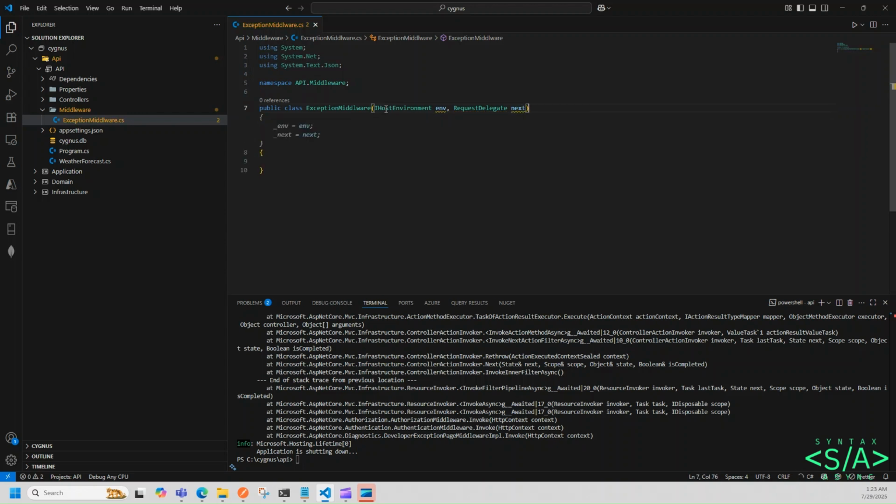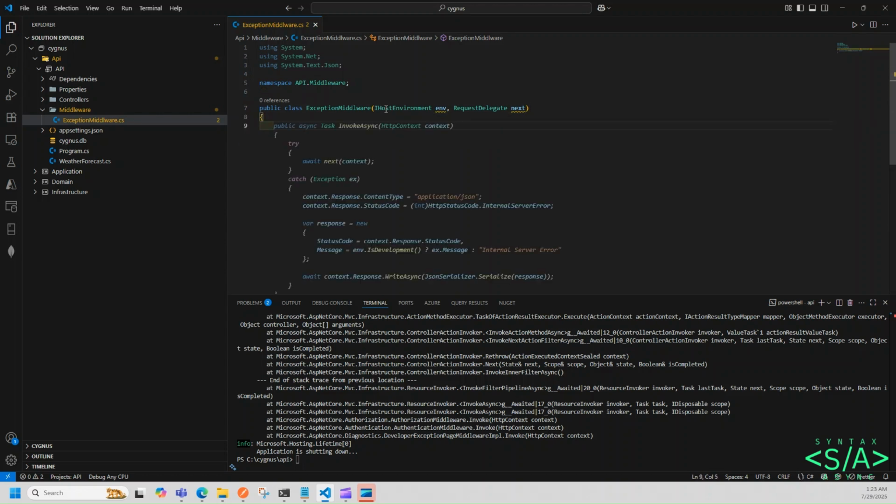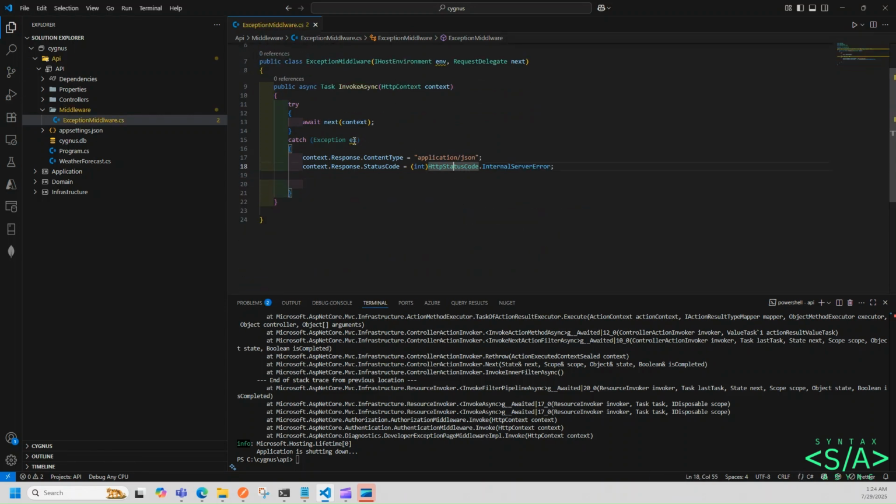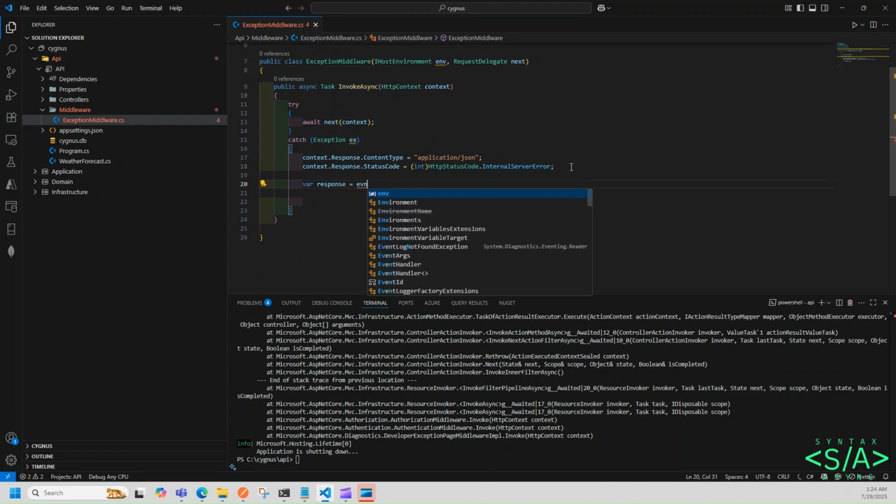Our request comes into the try block. If there is no error, it will pass. Otherwise, it will come to the catch block and then get the error. There I'm getting the application status code and now passing the response. Open response, scroll through. Now I need to check the environment. If the environment is development,